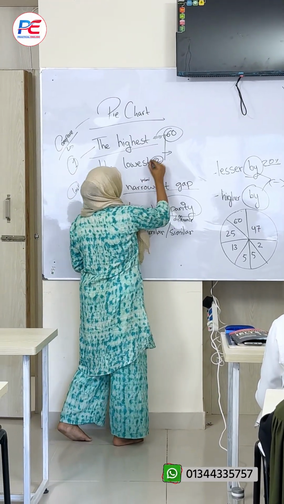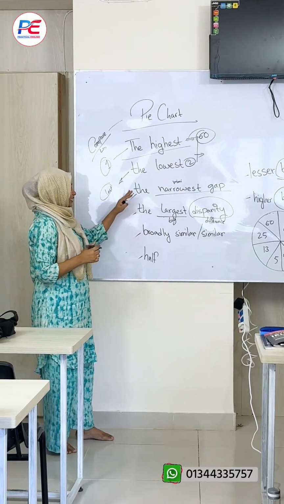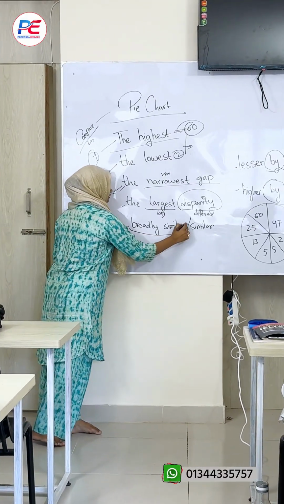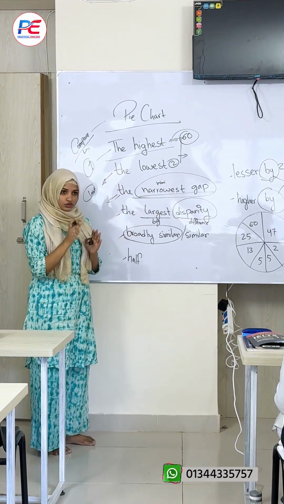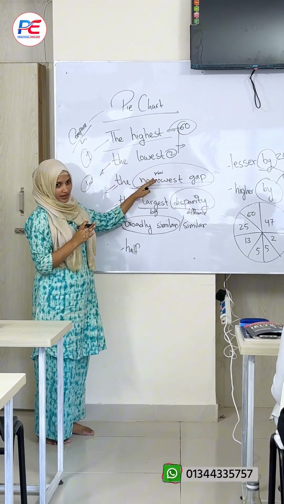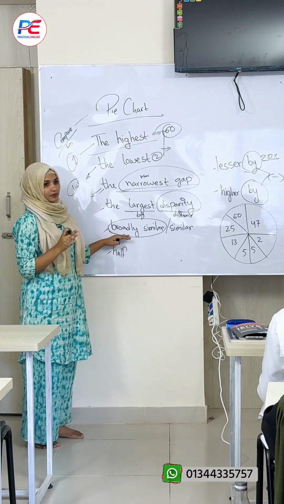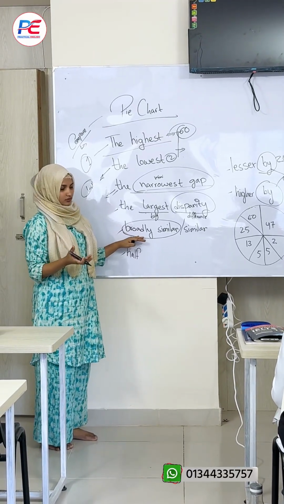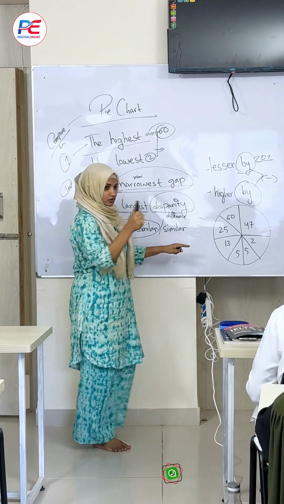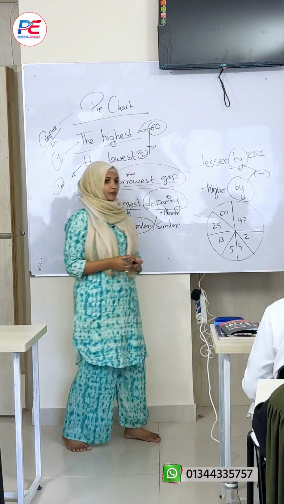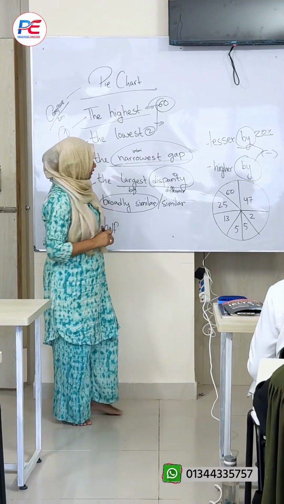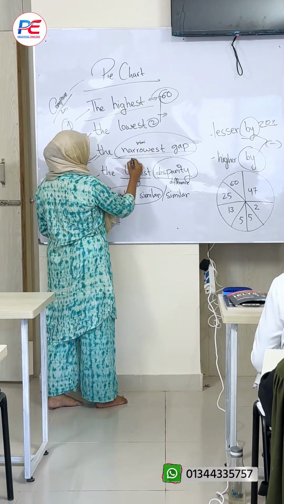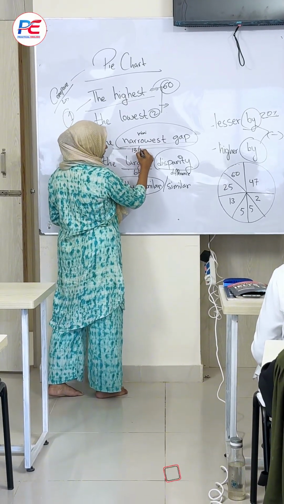Okay, now let's learn something interesting. Narrowest gap and broadly similar. These both are almost same, right? But the closest one will be narrowest gap, and broadly similar will be a little bit close. Okay, so now, sir, you tell me which one will be the narrowest gap according to you? 30 and 25. 13, right? Yeah. 13 and 25.